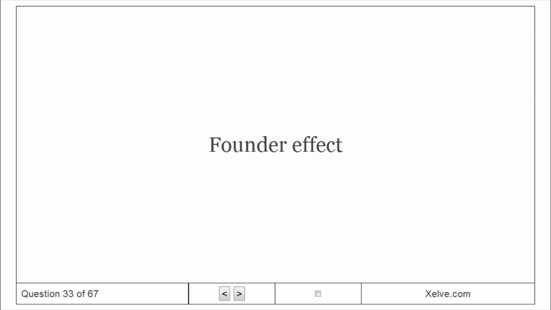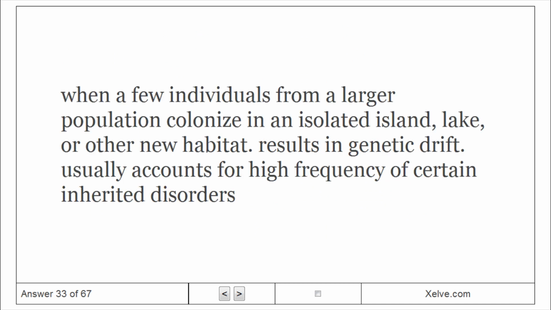Founder effect. When a few individuals from a larger population colonize an isolated island, lake, or other new habitat, this results in genetic drift, usually accounting for the high frequency of certain inherited